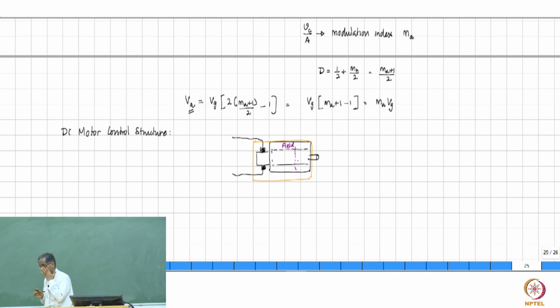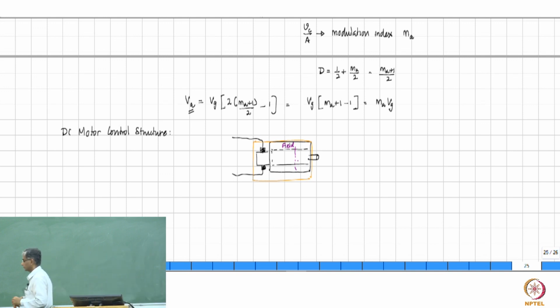That is the system. Now, as I mentioned right at the beginning, DC motor is a very good motor for the purpose of implementing this kind of control structure, because whatever armature current flows into the machine does not affect the field, right? You don't change the field by sending in armature current. This happens because of the geometry of the system inside, right? That way it is very good.